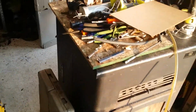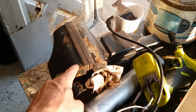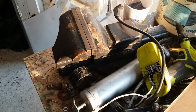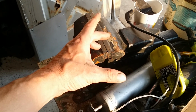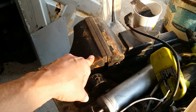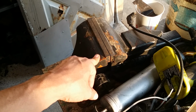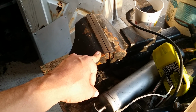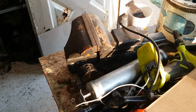So, there were a couple of other things I stumbled onto when I was out at Century that, of course, I couldn't pass up. I've been wanting another vise for outside on my exterior workbench. So this was out there, and it had some flaws, still has some flaws, but the main slide looks like it has been bent pretty badly at one point, so I had to clean up the main slide a little bit, and the screw was a little bit bent, so I had to unbend it, and it still wasn't threading in very well,